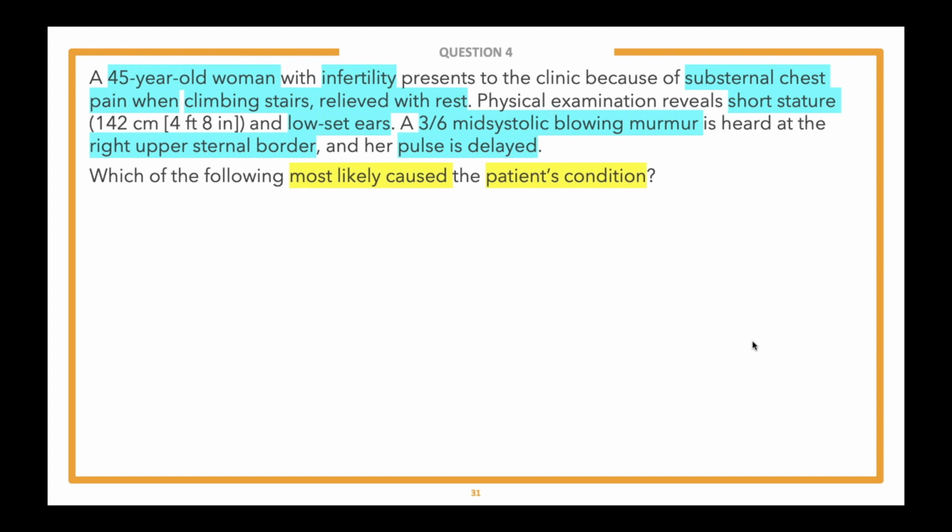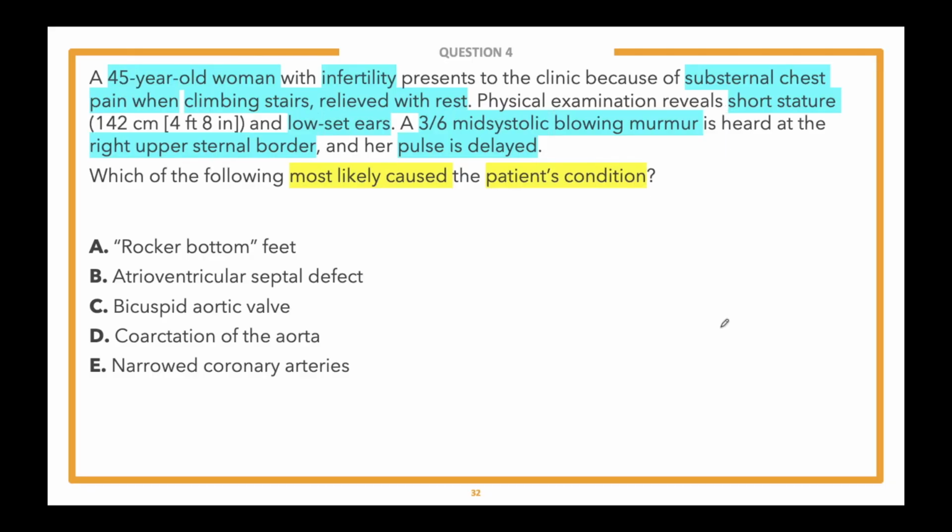Well, I think one, we need to figure out what is going on with this patient. Maybe what is a diagnosis? And then two, what is causing it? Maybe that's getting at pathophysiology, maybe something else. So probably a two-step question here. Let's take a look at those answer choices. Once again, we're going to start at the bottom and work our way to the top. Hopefully this practice is really setting in with you, and you're able to pick up on this as well.